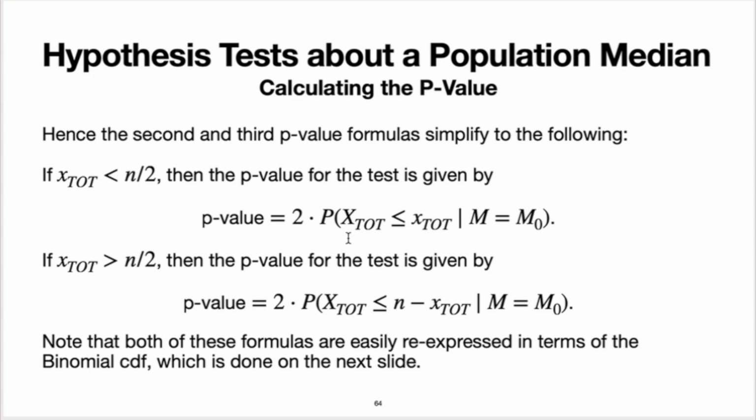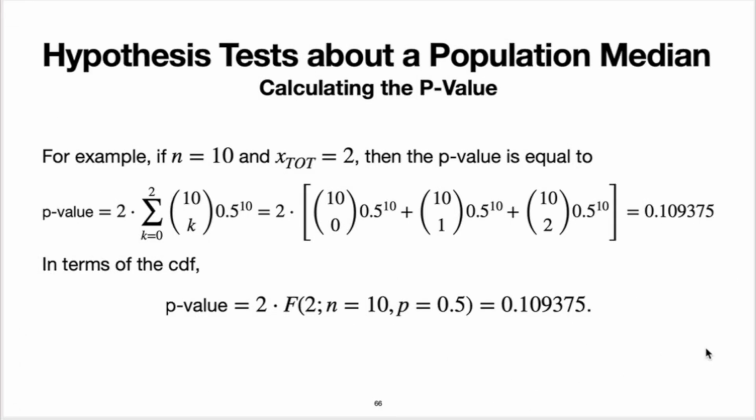Whenever you've got the probability of the random variable being less than or equal to some value, as I've got here and then here, this is just equal to the CDF evaluated at that value, and in the second formula, the CDF evaluated at that value. So for example, if we had a sample of size 10 and the number of y values greater than the hypothesized value was 2, then the p-value would be given by this formula. And in terms of the CDF, it would be twice the value of the CDF evaluated at 2 when p is equal to 0.5. And you can see that we get the same value from both,